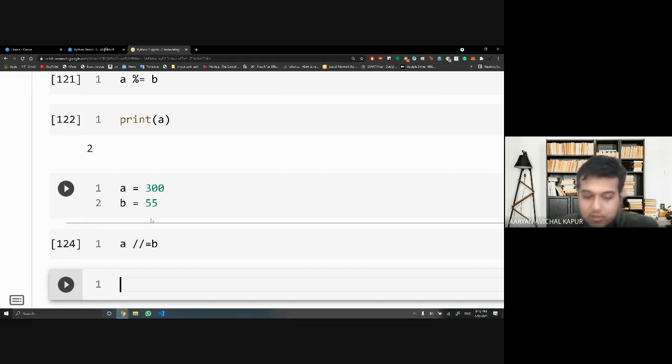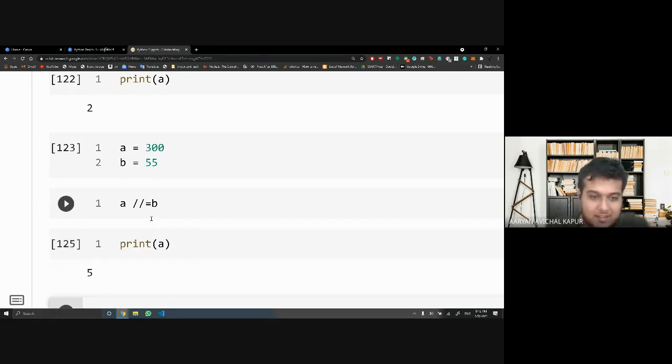When I print A, the answer is 5, because 5 times 55 is 275, while 6 times 55 is more than 300, so we cannot use it. This is the highest multiple of B that is less than or equal to A. So this is floor division.